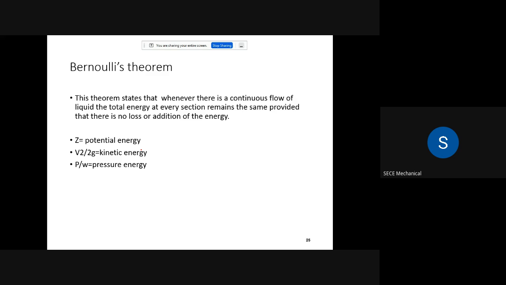ஒரு particular cross sectionல இருந்துட்டு, say for example a fluid is flowed in a pipe, right? ஒரு cross sectional flow அந்த இடத்துல நடக்குது அப்படின்னா, imagine it is a pipe, so இதுல ஒரு flow நடக்குது, right? So what is getting added up here and what is getting flowed up here? இப்போ இந்த particular pointல, say for example section 1 and section 2 அப்படின்னா, at one particular point the pressure is increased to P plus dP, right? So increase in pressure நடக்கும் because of the cross sectional change.